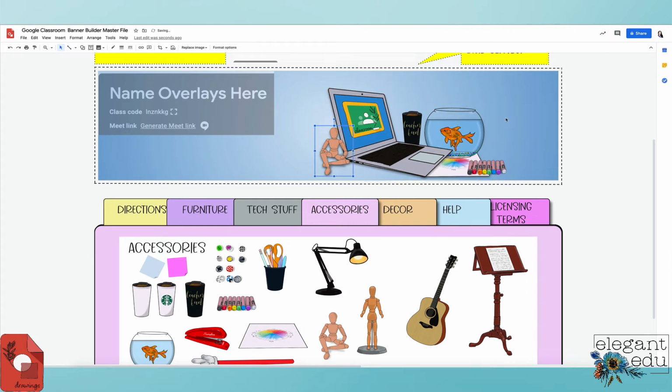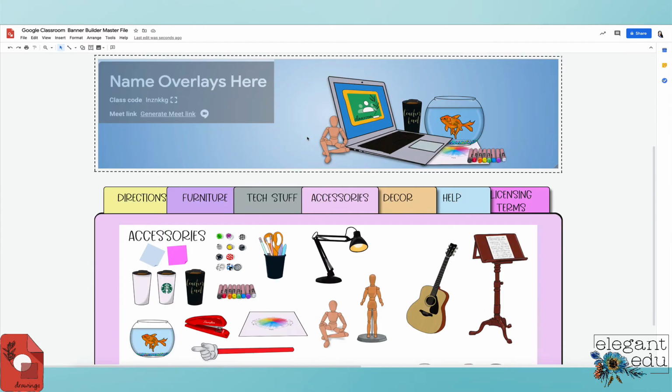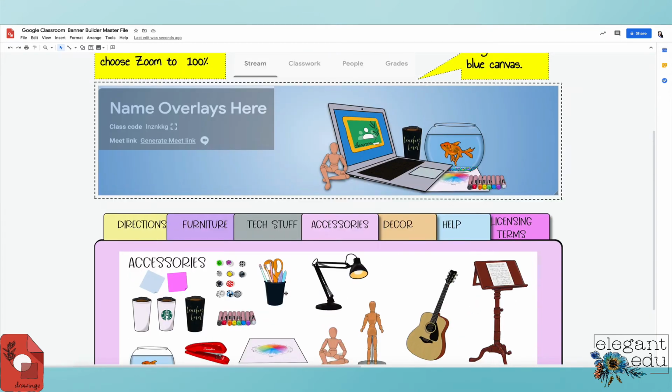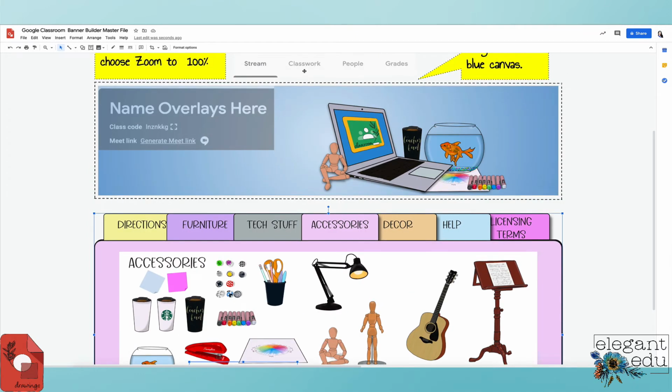All right, and then you're just tweaking your stuff and figuring out where you want to put things. And then the next thing that you could do is add something to point to classwork. Like if you want kids to click on classwork first, I could use this little pointer thing, or if I don't want to use that, I could actually go up to my menu at the top